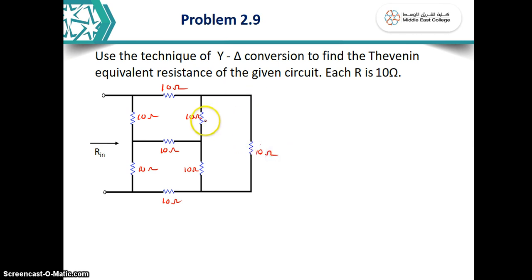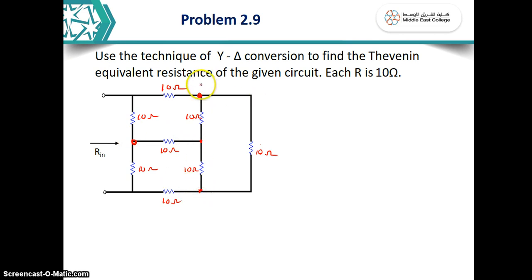So we have to consider any one Y network in this circuit. Y network means from a T junction like that, 3 resistors will go. It's like a Y pattern. So now look at this. From this junction, I am going to take this one, where 3 resistors are meeting. So this is a point, this is a point, that is like a Y, like this. So a Y will come like this.